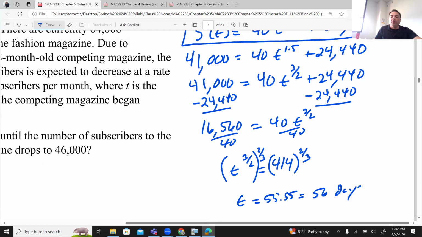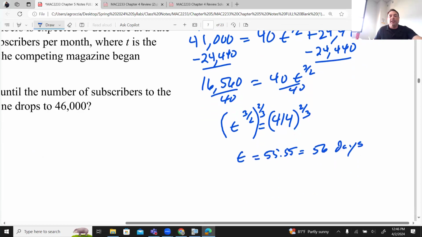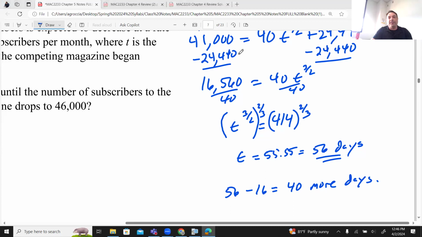And if you want to really be technical, that's how many days total, how many days have already happened. So 56 minus 16, you've got 40 more days to go. But again, algebra, algebra, algebra. Okay, and that ends the first section of chapter 5 in our